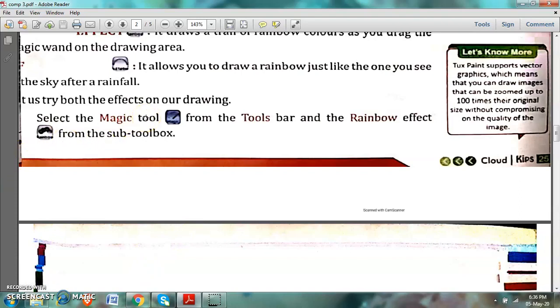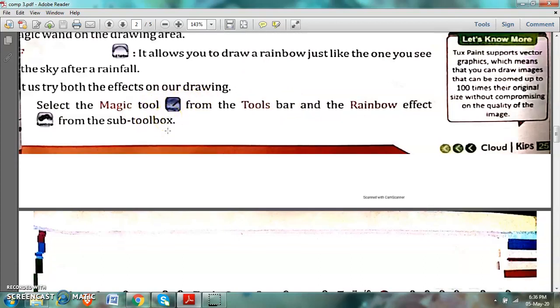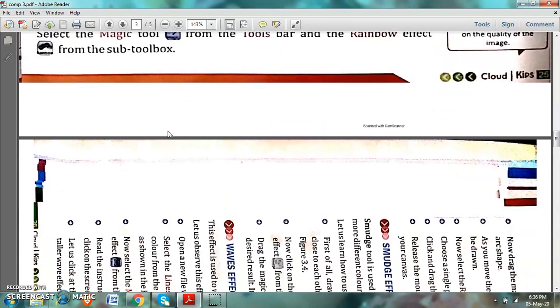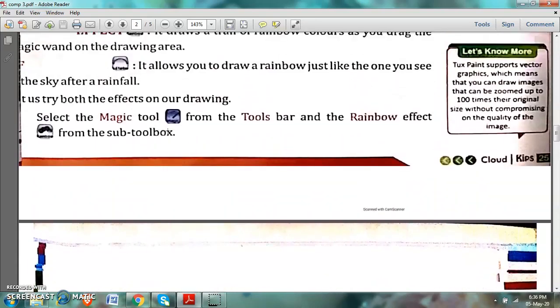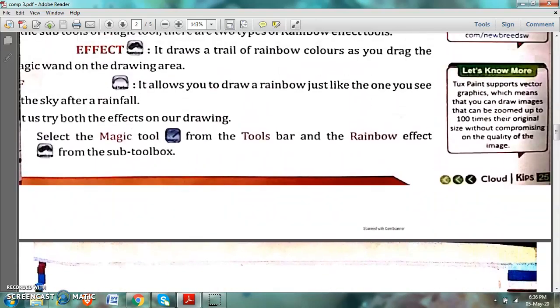For every effect you want to take, you will first use the magic tool. So the magic tool will take you to the effects. Select the magic tool from the tools bar and the rainbow effect from the sub toolbox. When you take the rainbow effect, you will drag the magic wand on the screen. After that, you will find that rainbow on your Tux Paint screen.